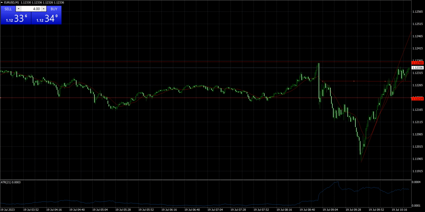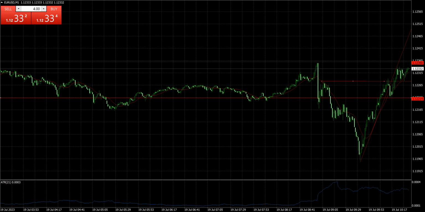But don't risk more than 1% per trade ever. As you build your account, the higher you go, the more money you can actually start to see 1% would be worth.